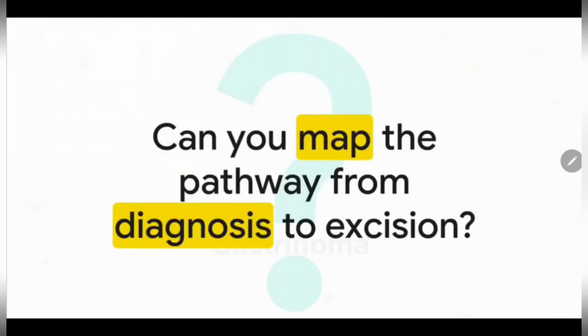So let's bring it all together. If a patient walks in with recurrent, unusual ulcers and diarrhea, are you confident enough now to map their pathway from a simple fasting gastrin screen straight through to the correct surgical excision? More importantly, think about this. How many patients sitting in GI clinics right this very second, complaining of stubborn acid reflux, are actually harboring one of these tumors completely undiagnosed? Keep your index of suspicion high, trust your physiological concepts,